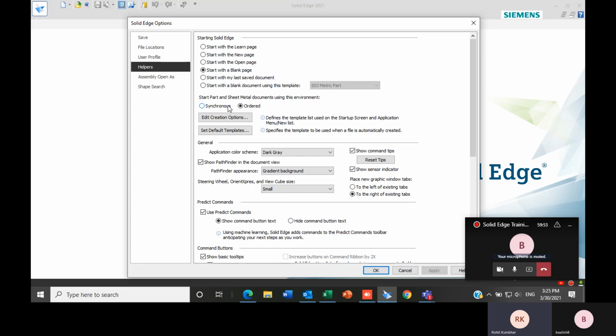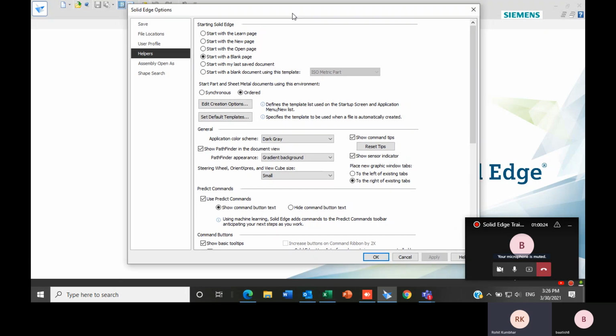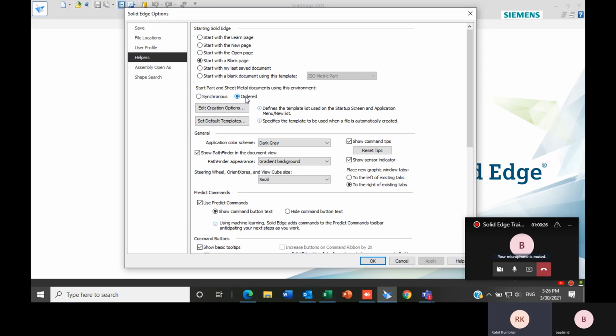Once you go ahead with your geometry, it will not be keeping any history of that sketch. If you directly try to create a solid in ordered, there will be a background sketch of some type, but in synchronous modeling there won't be anything related to it. So this is the difference between synchronous and ordered. This basic training session is everything related to the ordered environment. When we go for advanced training, the synchronous part will be explained there.